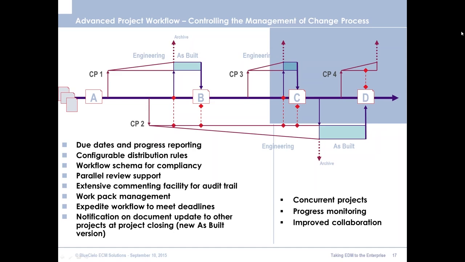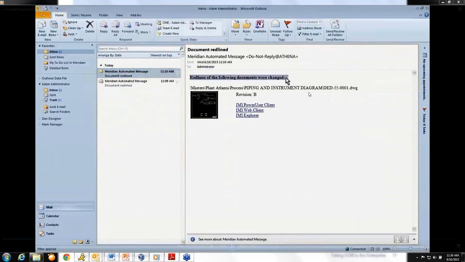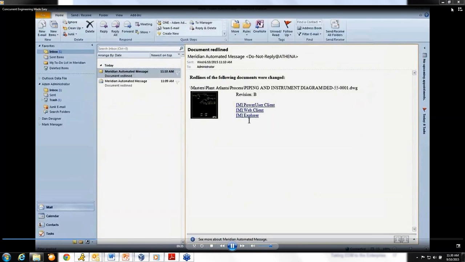And I noticed that just now we received an email that red lines in the following documents were changed. And the notifications, of course, can be configured, can be built from templates, etc. In this case, we tell the maintenance the engineering manager where the release document is, and also let them know of a couple of different links. They can launch the Power User client or the web client from